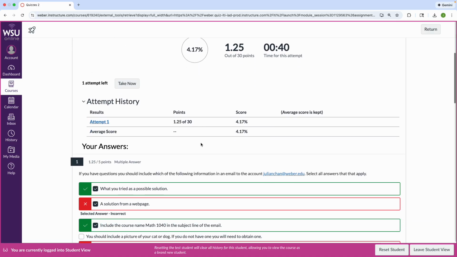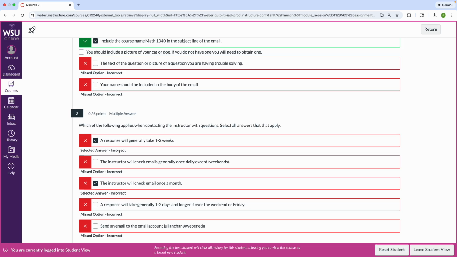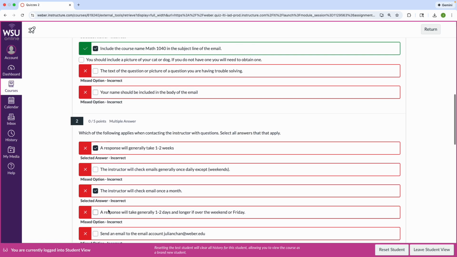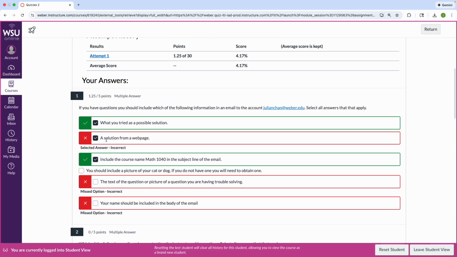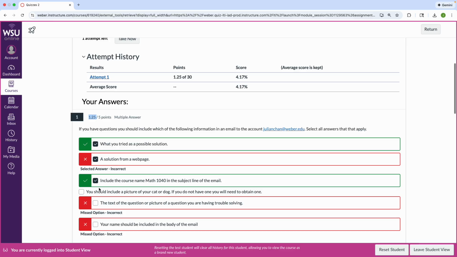Okay, so I want to point something out. In this second one, I got no points. I didn't select a correct answer. Okay, in this first one, well, let's look at it. I selected 2 correct and 1 incorrect. So I didn't get very many points, not just because I didn't select all the right answers, but because the incorrect answer